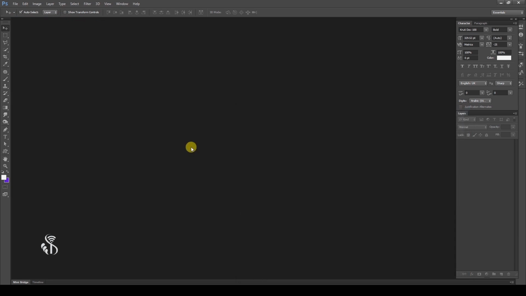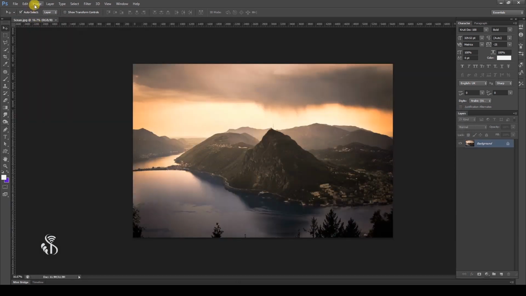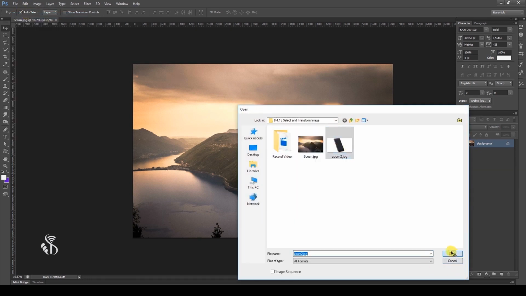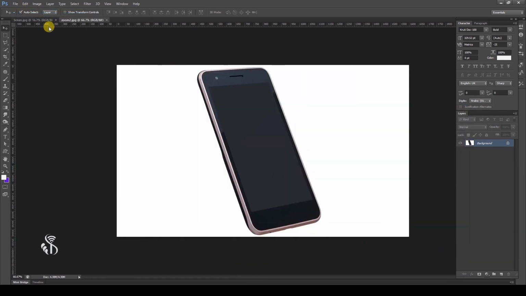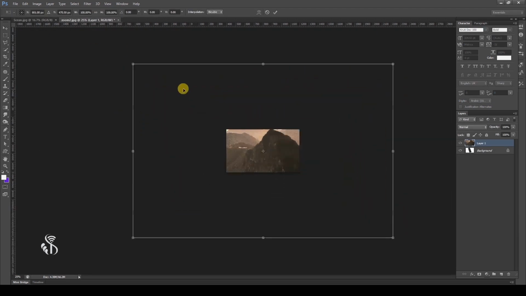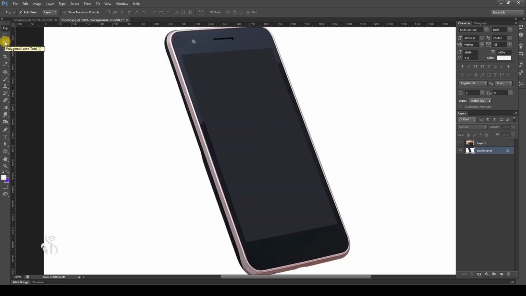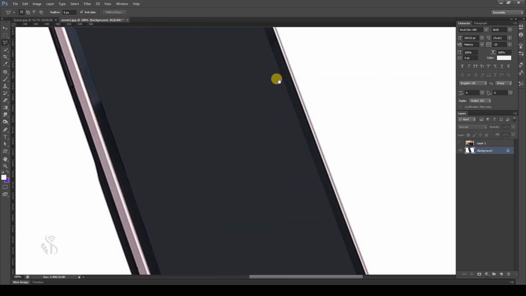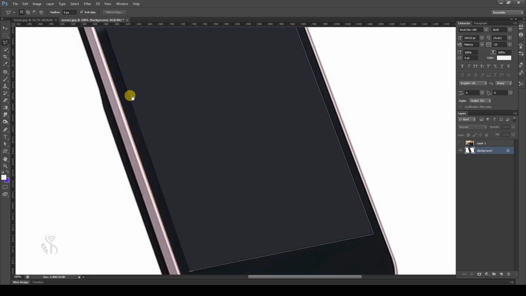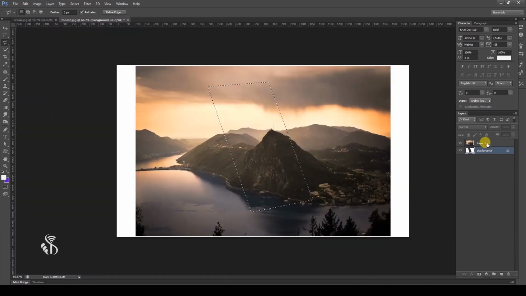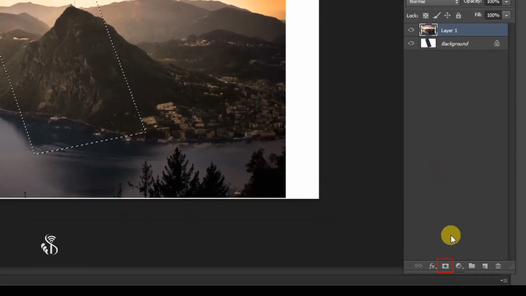Open an image. On the layer above it, select a second image file. Now, on the first layer, select only that part where you would like the image from the first part to be displayed. Make the selection using the polygonal lasso tool. To fit the image in the selected part, make use of the layer mask from the layer palette.